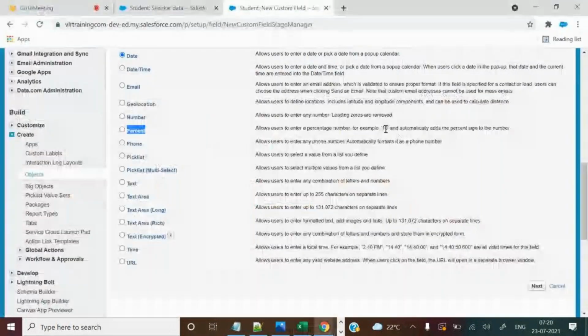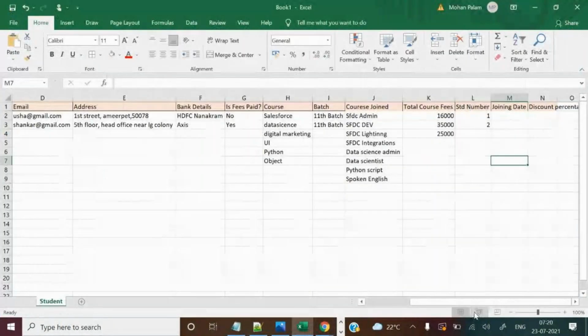Phone we have seen, picklist we have seen, picklist multi, text area, text we have seen. So text area long and text area rich. For that I'm going to create other fields also. So let's see.